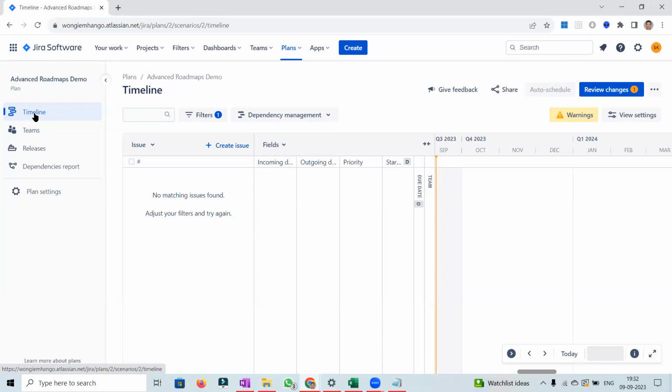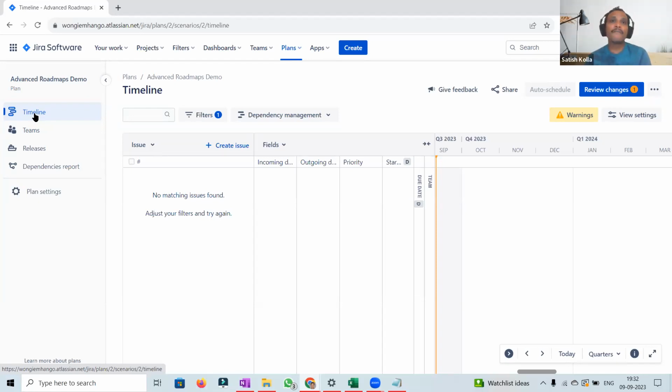Sir, one more question. Using these advanced roadmaps, can we also do PI planning here? We can, with two or three small gaps. We can't define the objectives and the business values for that, and the risk we just discussed. We can't do the risk directly, and the other tools for PI planning like